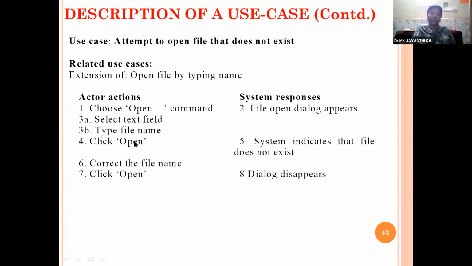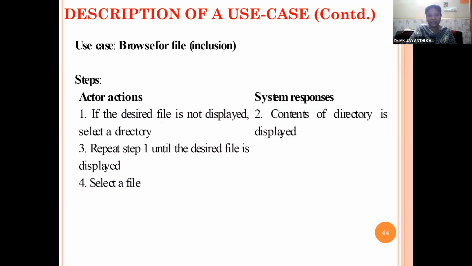So they gave you the use case scenario of how to open a file in various steps and a sequence of activities. In the same way, open file by typing the name: give the open command, the dialog appears, select the text field and type the file name, then click the open command, the corresponding file will appear, correct the file name, then open the file and the dialog will disappear.